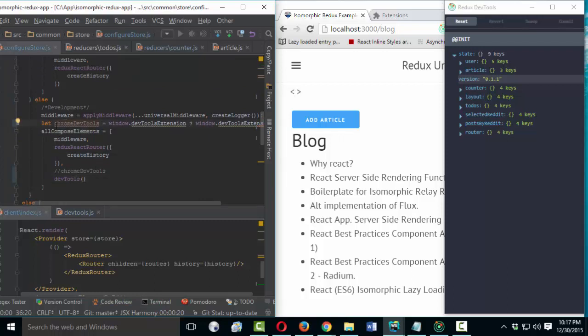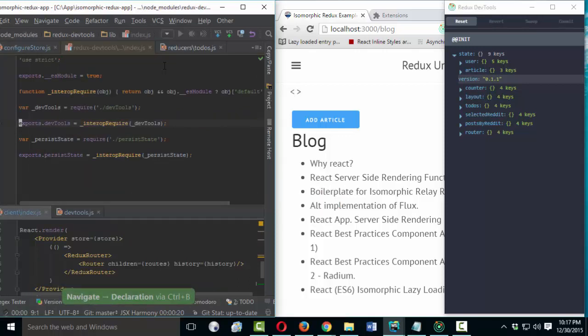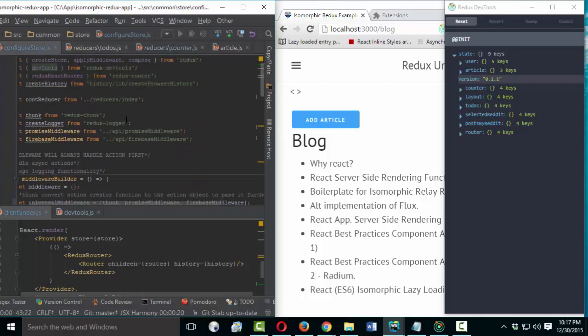And here is my Chrome DevTools variable that I have created, and DevTools is from Redux DevTools that I need to import.